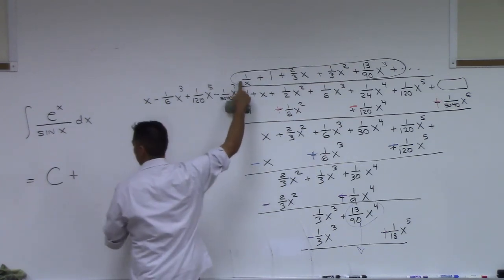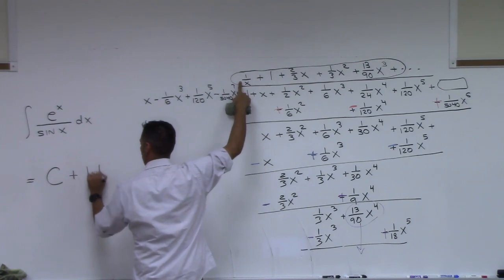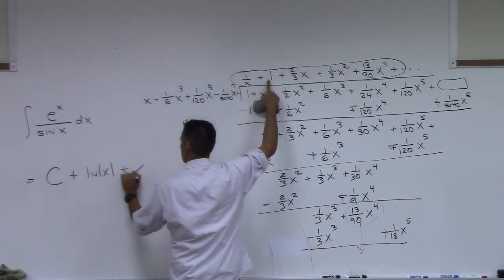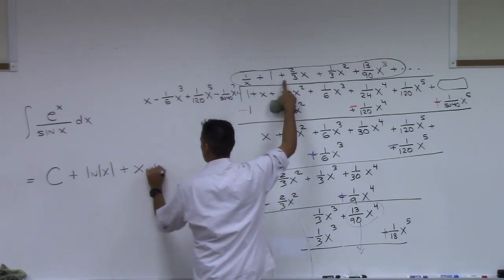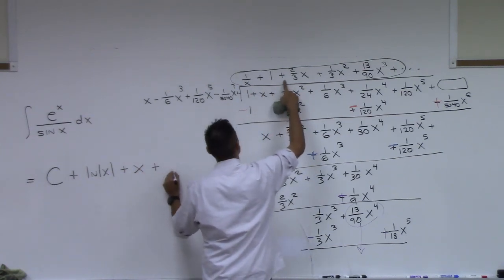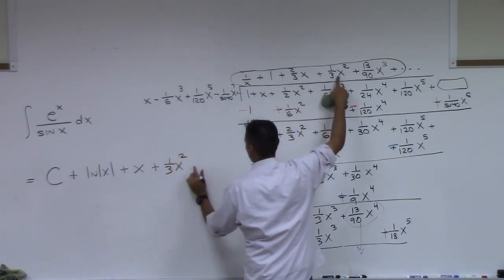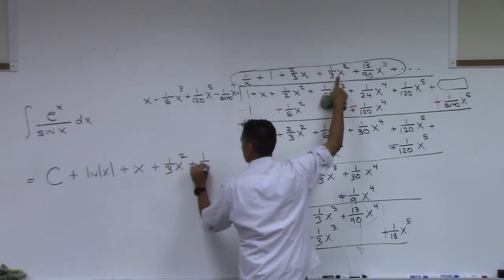What's the antiderivative of this? Natural log absolute value of x plus antiderivative 1, okay, plus 2/6, so it's going to go back to 1/3 x squared. Here, 1/9 x